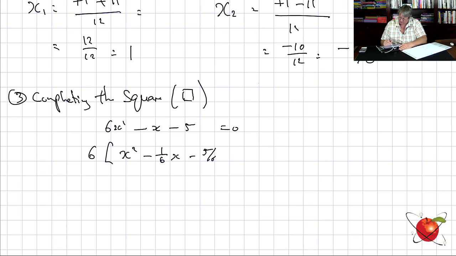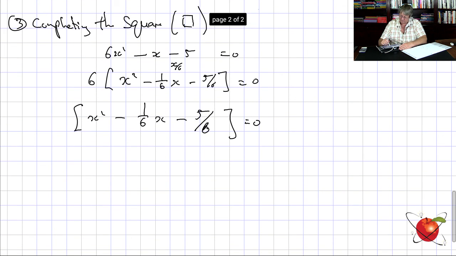I could also have written that as x over 6. It's the same thing, right? I've just written it as minus 1/6 just to focus my mind on the coefficient, right? Okay, let's continue. Now I said divide through by 6, leaving us with x squared minus 1/6 x minus 5 over 6